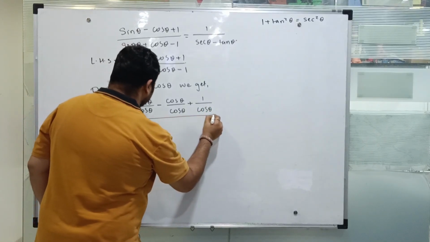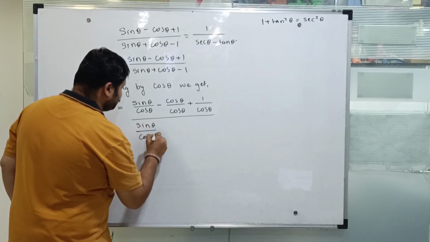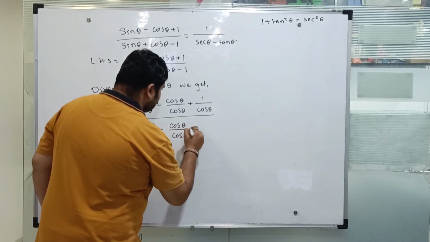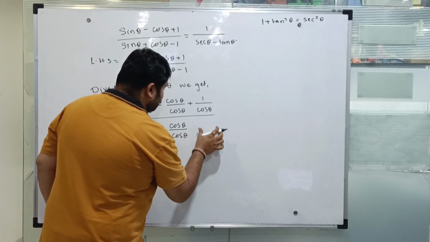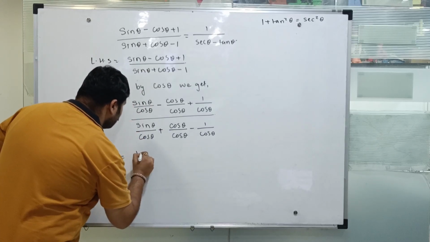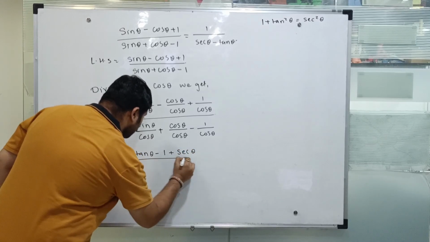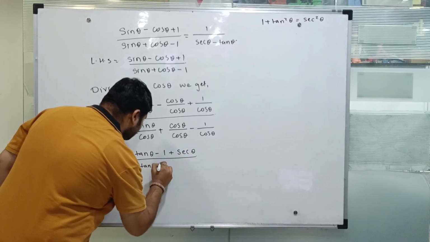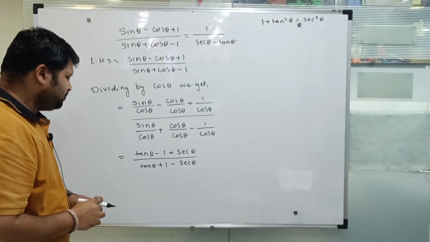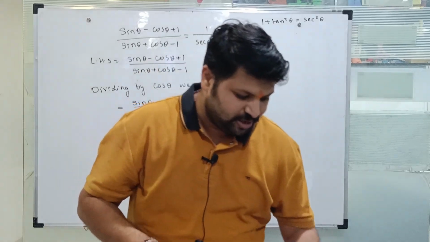The whole thing divided by sin theta upon cos theta plus cos theta upon cos theta plus minus 1 upon cos theta, giving me tan theta minus 1 plus sec theta upon tan theta plus 1 minus sec theta. Now I can rearrange them in a very specific manner, and get the final answer as